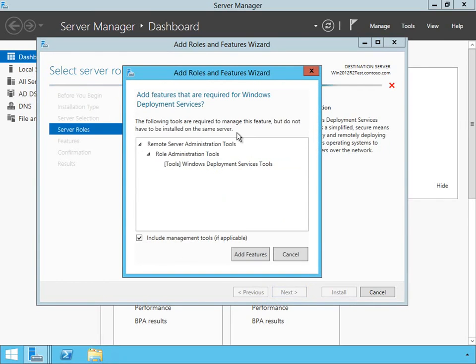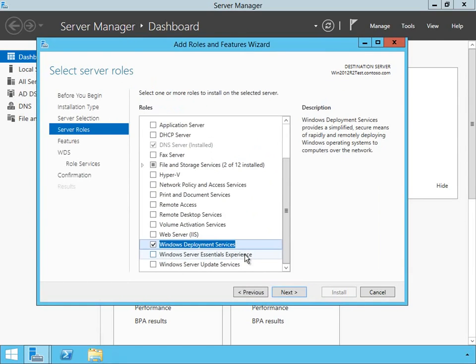It's also going to ask me to deploy some remote server administration tools as well, so I can actually manage the Windows Deployment Services. Now remember, the reason that we're installing this is so I can actually do centralized deployment